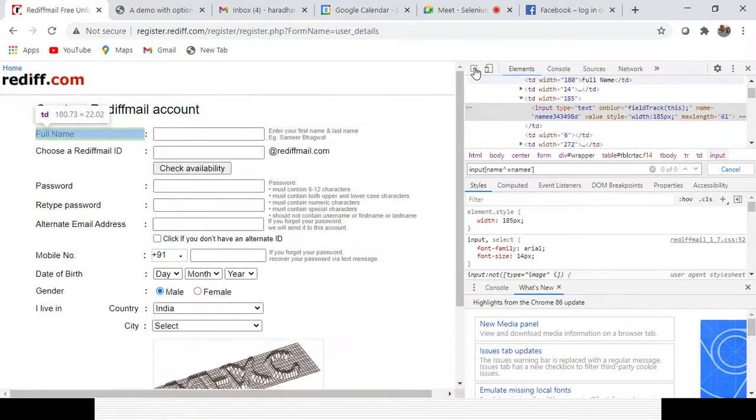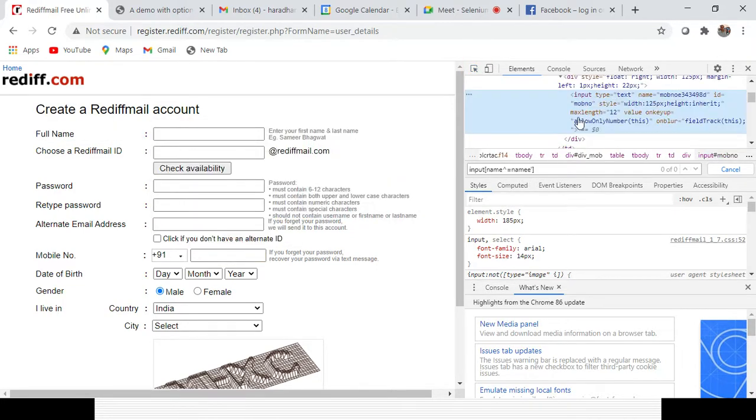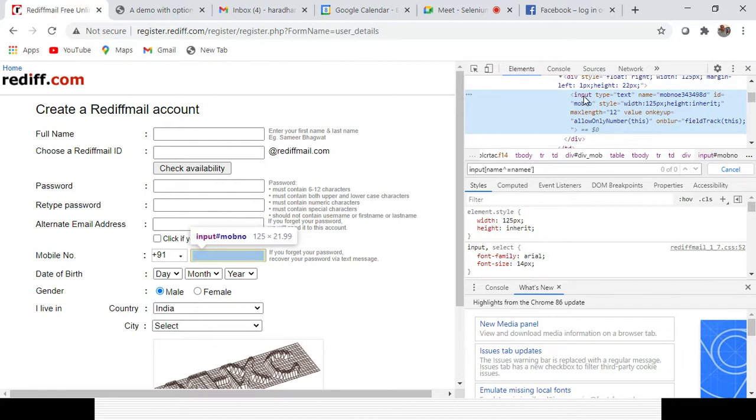Okay, one second, let me identify once more. Instead of this I will go for the mobile field. This is the input tag, this is the name, this is the sign, and I will go for, suppose, MOBNO, I will type it here.